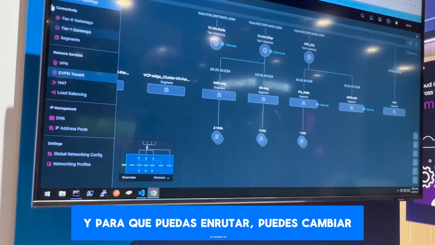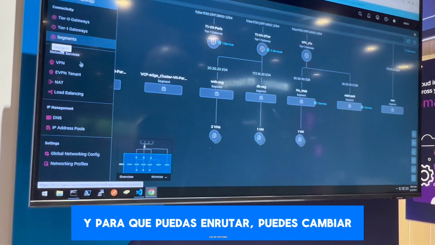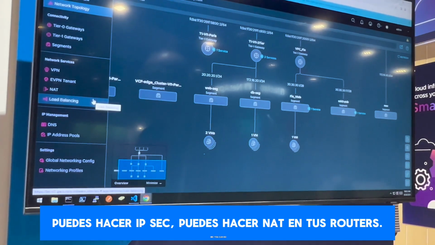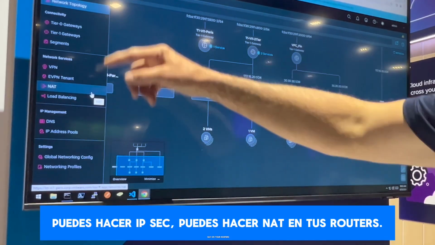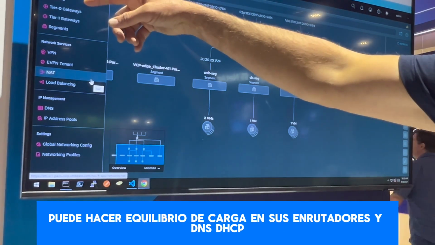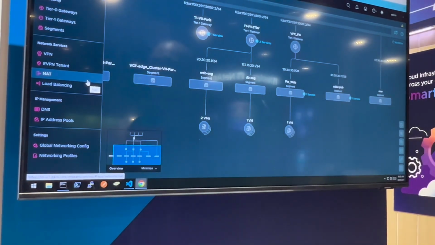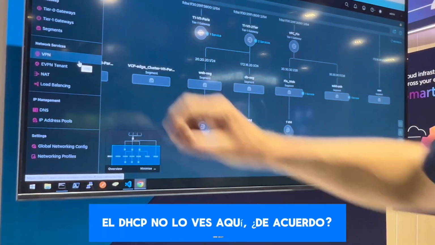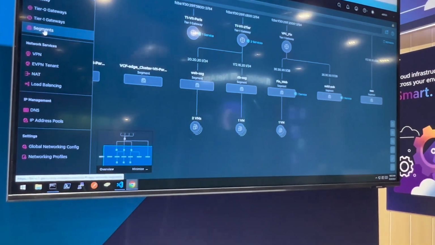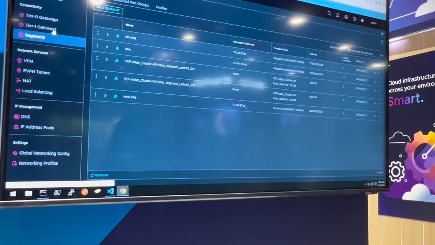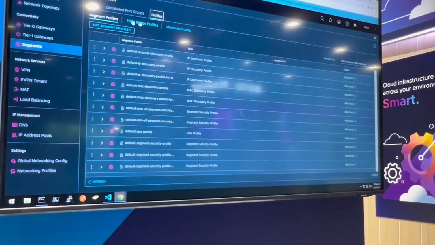And so you can do routing, you can do switching, you can do IPsec, you can do NAT on your routers, you can do load balancing on your routers, and DNS, DHCP. DHCP, you don't see it here. It's an L2 thing, so it's